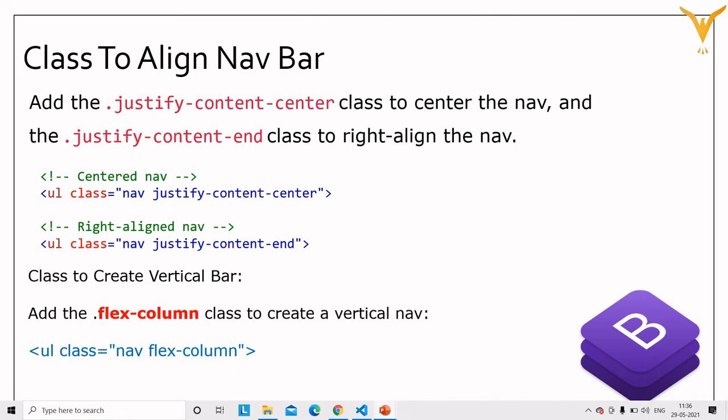If you want to place the menus to the center of the screen, then you can use the justify-content-center class. And if you want to place the menu bar to the right, then we have to use justify-content-end. These two classes should be used inside the UL tag. Now we'll see practically how it looks.